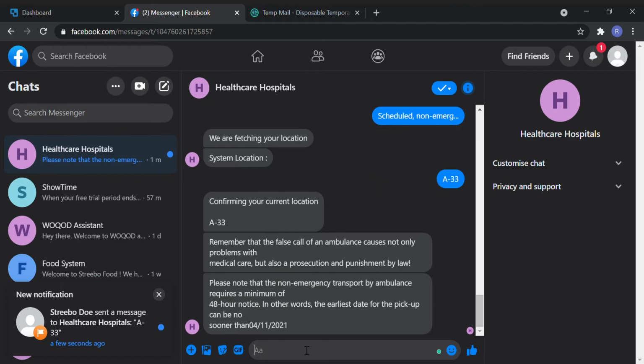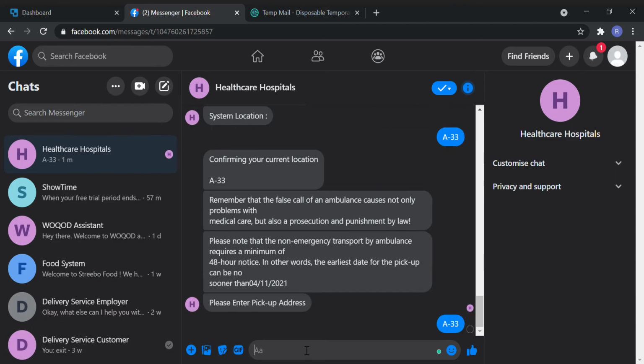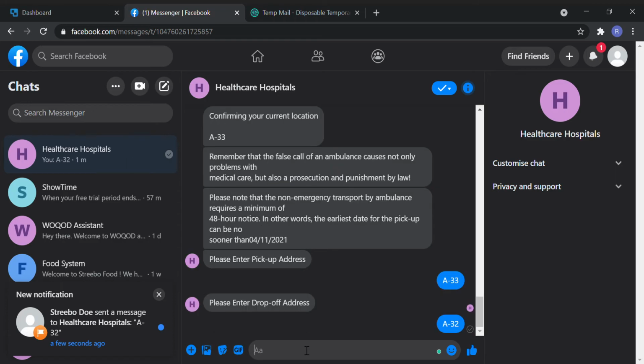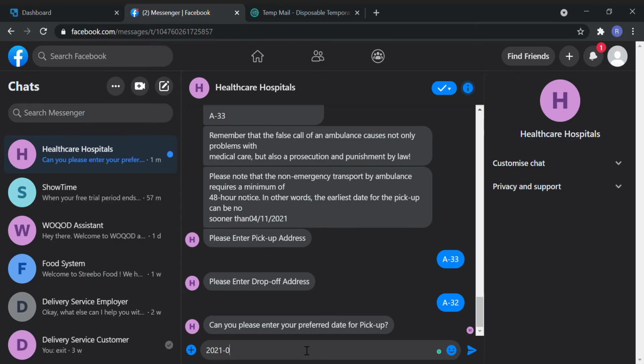Confirm. Yes, pickup address A33. Drop-off A32. Preferable date. So I will put 21 04 and I will put the date.